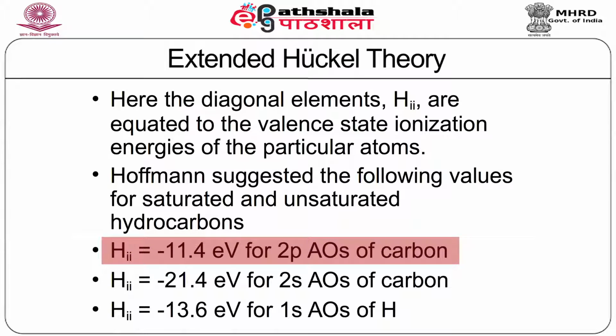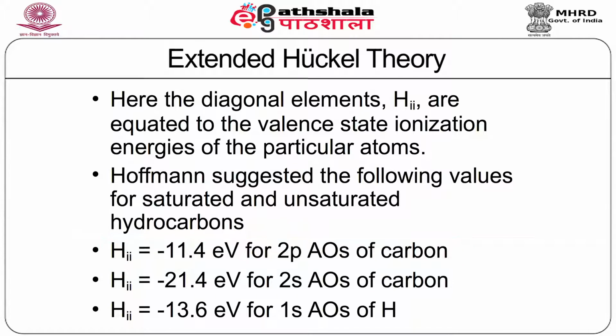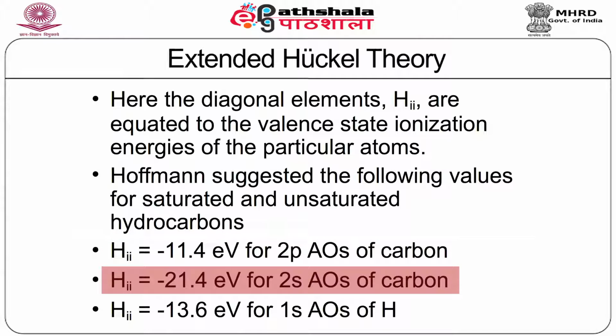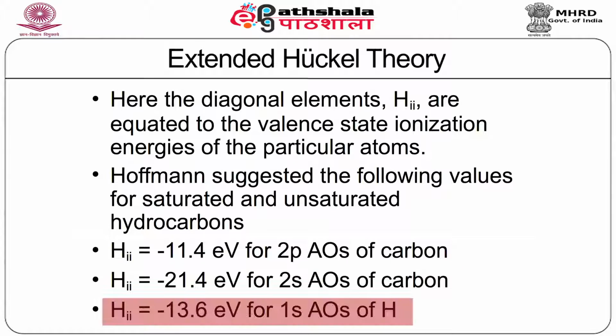For example, Hii equals minus 11.4 electron volt for 2p atomic orbitals of carbon, Hii equals minus 21.4 electron volt for 2s atomic orbitals of carbon, Hii equals minus 13.6 electron volt for 1s